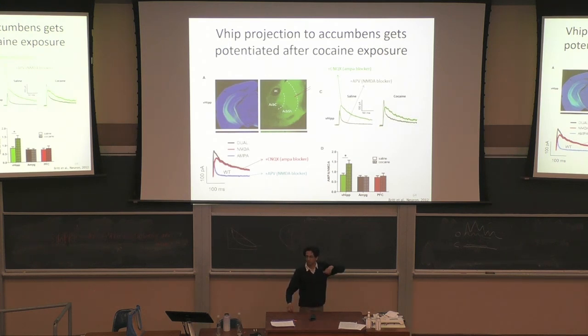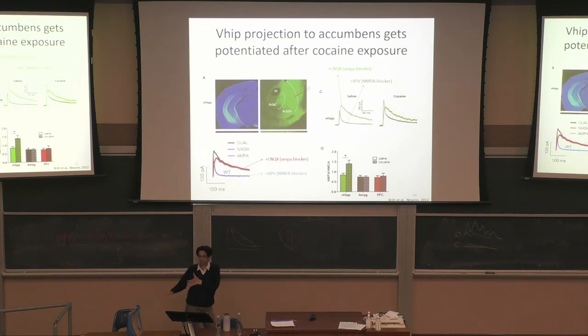The glutamate binds to both AMPA and NMDA receptors, so you see a mix of both responses. But if you block one type of response but not the other, then you see emerging what the pure AMPA component and the pure NMDA component are like. So basically the AMPA component of the response increases after the cocaine exposure. The take-home message is that the projections from ventral hippocampus to accumbens